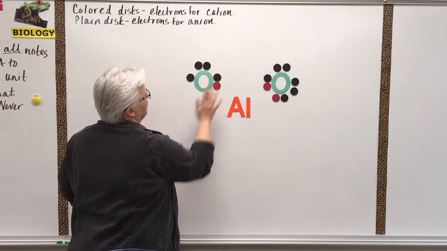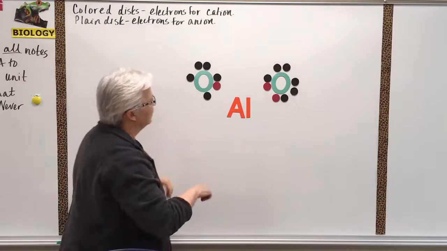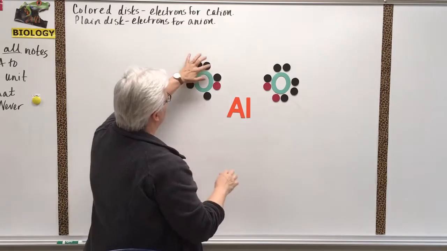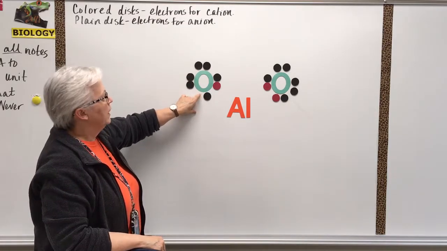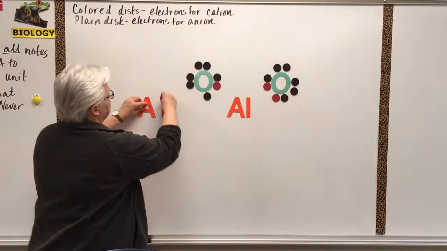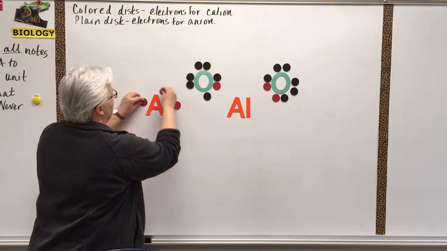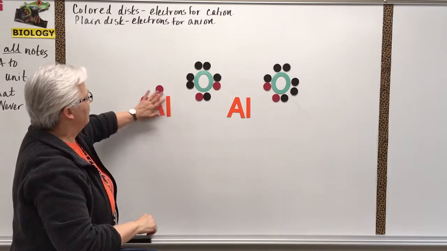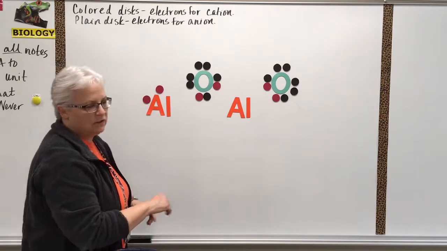There we go. Taking care of aluminum, but you can see we have a problem here. Whoops. There we go. 2, 4, 5, 6. There. So we've got room for another electron. You guessed it, we need another aluminum. Here's our aluminum with 3 valence electrons. Taken care of. But now we've got 2 more electrons on this aluminum that we need to have a spot